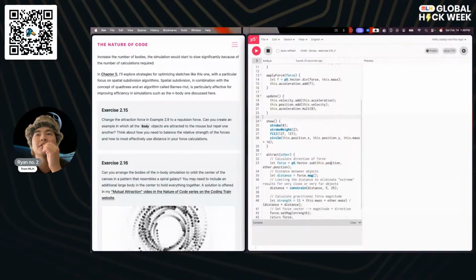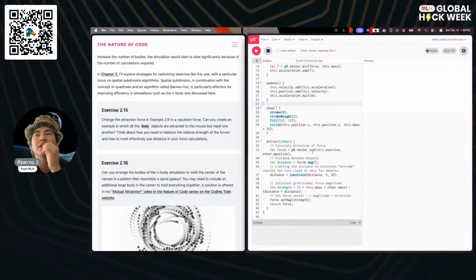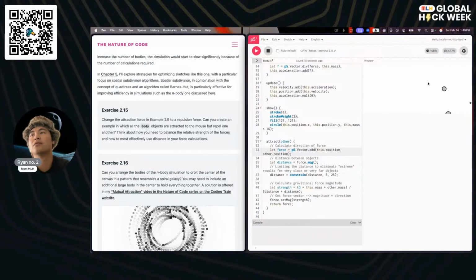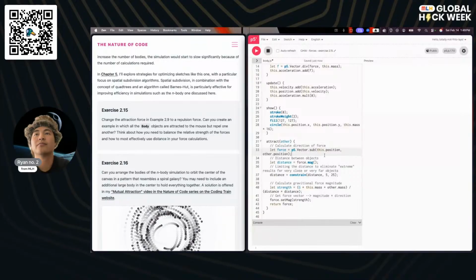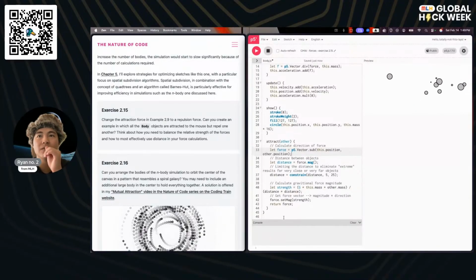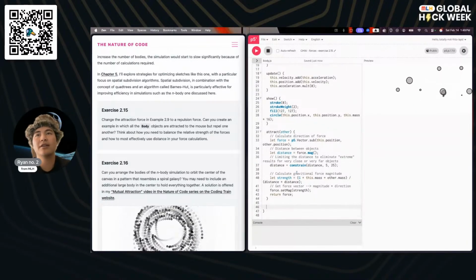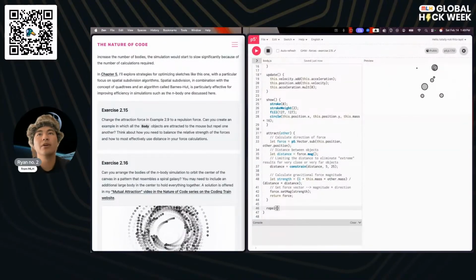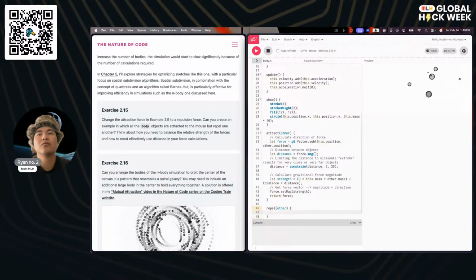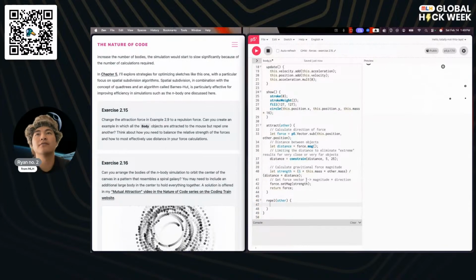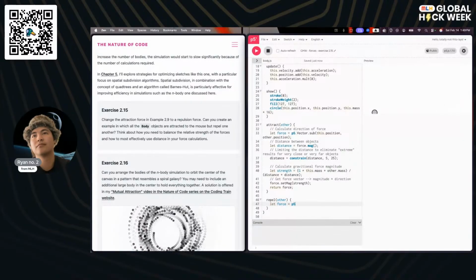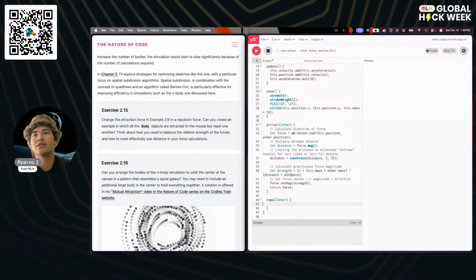If we want to make it so that they push each other away, instead of doing sub, we just do add, like what we did before. So let's also have a repel. We're going to model it very closely off of the attract function right here. Let's actually just copy paste that.